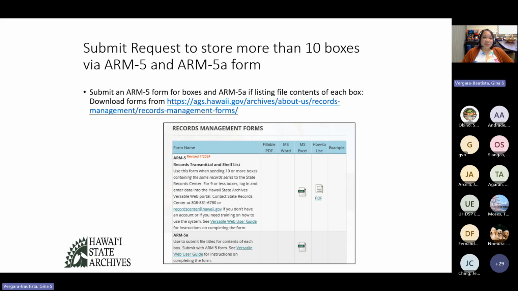The other thing that we do if we have 10 or more than 10 boxes is to submit it using an Excel spreadsheet. And the reason why we do that is because it's so much easier just to upload data into the database than going through one record at a time on Versatile Web. You can download the forms, ARM5 for the box information and ARM5A for file information from the Hawaii State Archives